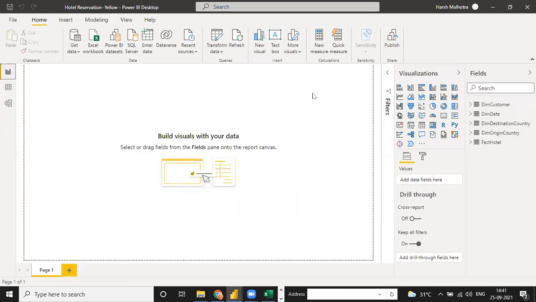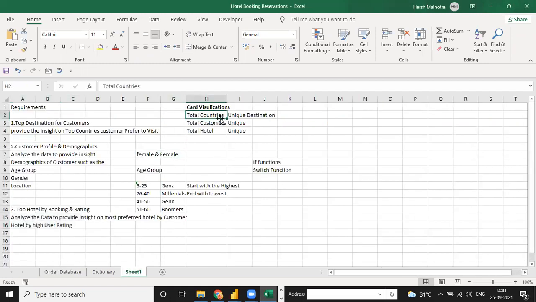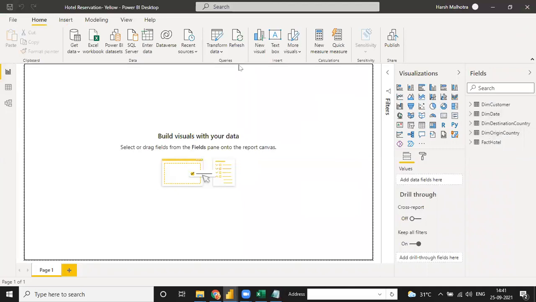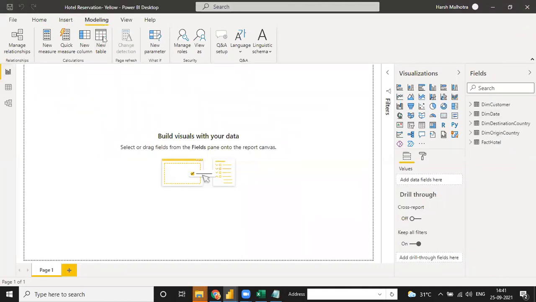Okay. So for analyzing, I just go to my Excel, sheet 1. Right now, I need total unique country, total unique origin country, and total unique destination country. For this, I'm doing the same thing. For the unique country, you go to Modeling and click on New Table, so that we create all the measures in just one new table.